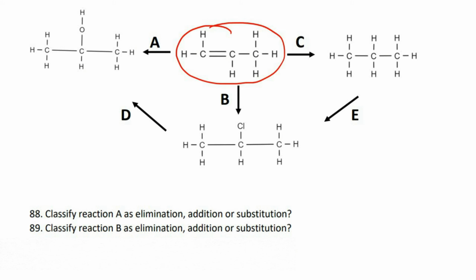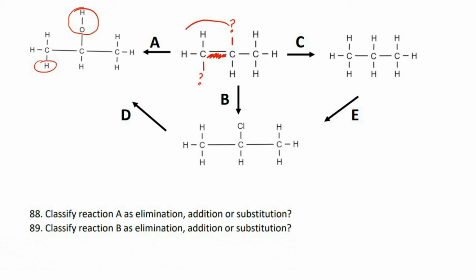At the starting point over here, we have an alkene. Now, you've maybe heard me say this cringy thing before, but alkenes are keen to react. What I mean by that is that they love having things added on to them. So what we can see is that this double bond breaks, and then you open up two extra spaces. Can you see that we've put an OH in this position over here, and then we've put a hydrogen in this position over here. So what did we do to this molecule? Did we take things away or did we add things? Well, we added things, so that is an addition